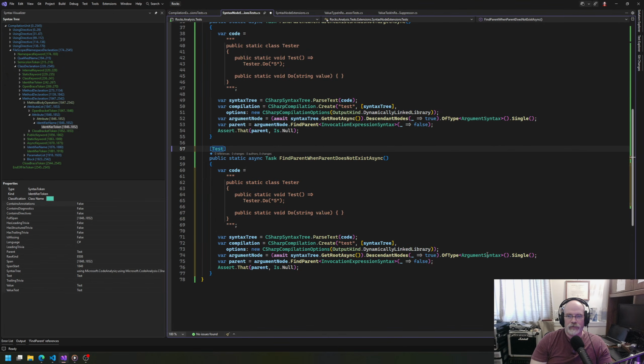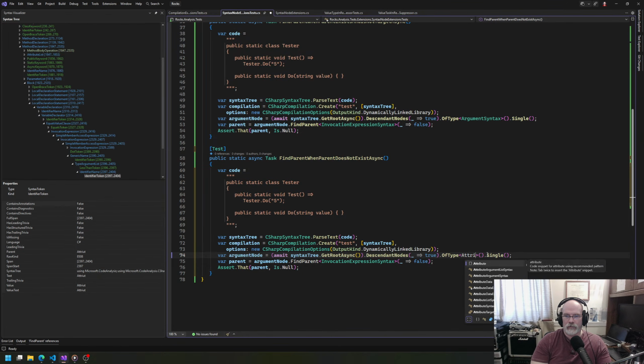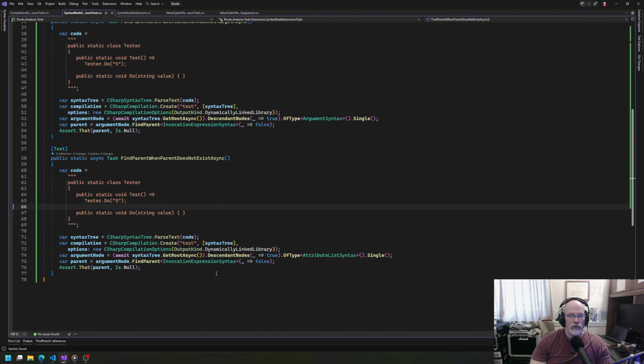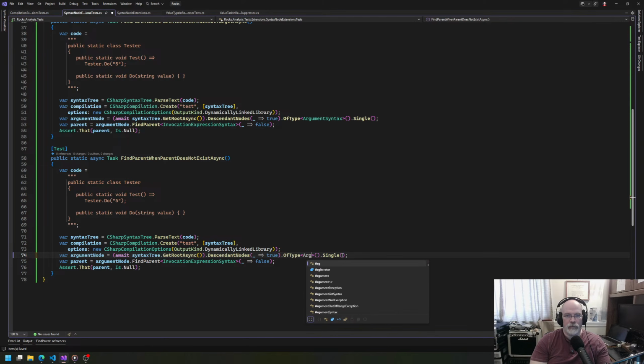Attribute list. Because there should be no attribute in place. So this should also be null. Even though we're saying that we're trying to find the argument node here. We're trying to say find. No. That is still argument syntax. Okay. But what we're trying to find is a parent of attribute list syntax when this would be true,